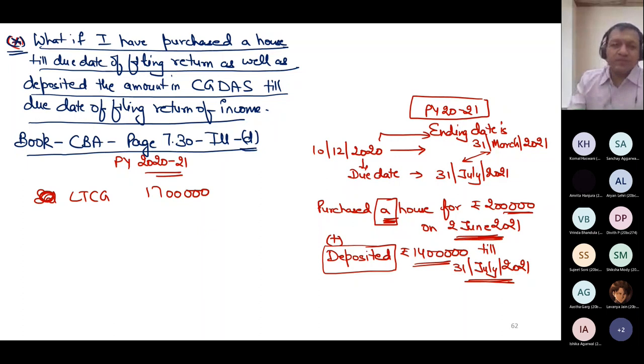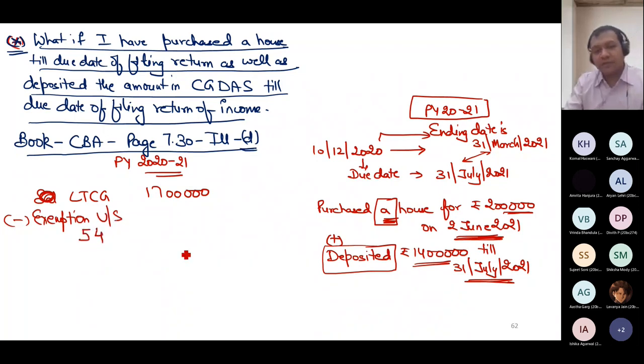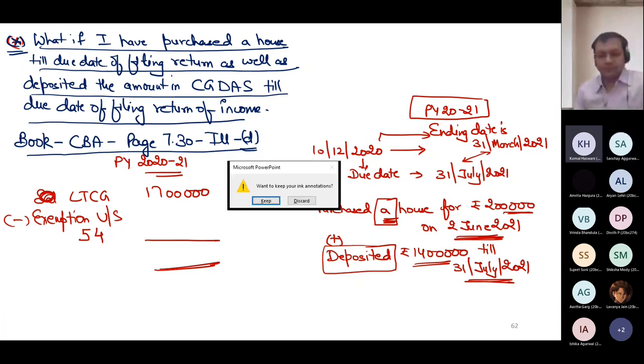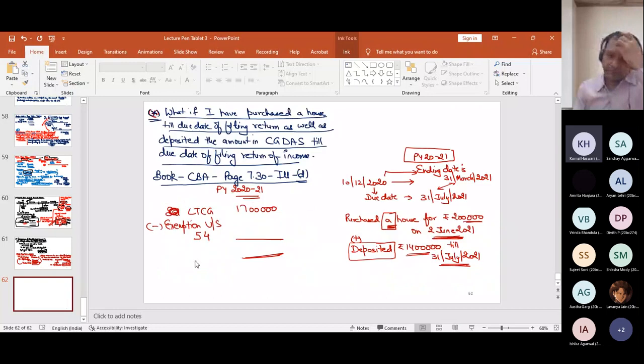Do you remember the provisions, or can you tell me logically how much will be the exemption in section 54? Think logically and tell. Ignore the law. But what do you think should happen in this case? Any answer? How much logically should be my exemption in section 54? Sir, 2 lakh, actual purchase or construction should take priority over deposit, because you never know if the deposit is actually going to get utilized or not.